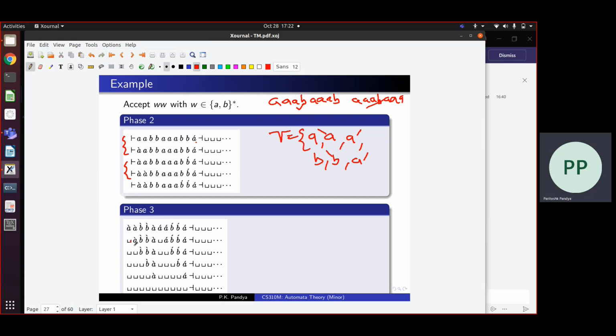You will skip over blanks, find the first left symbol, remember that it's an A, and go right, skipping over all the left symbols and blanks till you find the first right symbol, which is also an A, so you will erase that also, and then you will continue like this. So you will match the first left symbol with the first right symbol, converting both of them to blank. This is how the Turing machine matches, and if it manages to convert all the symbols into blanks, then it accepts. So a Turing machine can also recognize words of the form WW.